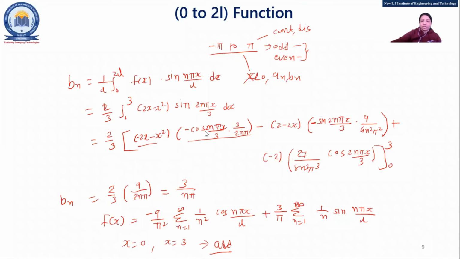Fine. So this is the way. It's not always like that, but the precondition for odd-even is what? It should be minus pi to pi. That is fixed. Now this is the sum of 0 to 2L into